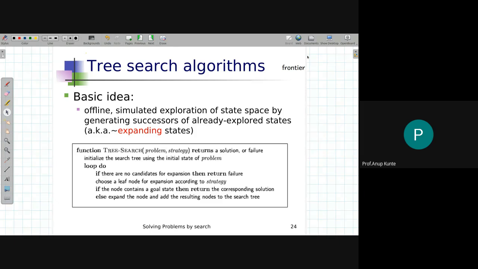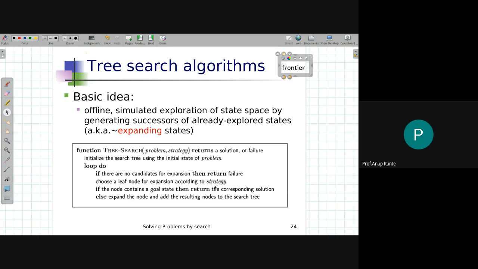If I follow a generic random way of choosing a node, that is also okay. But if I follow a particular strategy of choosing the node from the set of nodes, then this particular strategy would be giving you a better solution over some other solutions. Okay, if the node contains a goal state, then return corresponding solution. So what does this third step do? If the node that you have just obtained from the frontier based on the search strategy contains the goal node, well and good, you will be returning the corresponding solution that is stored in this node.